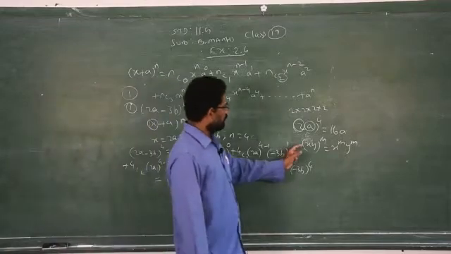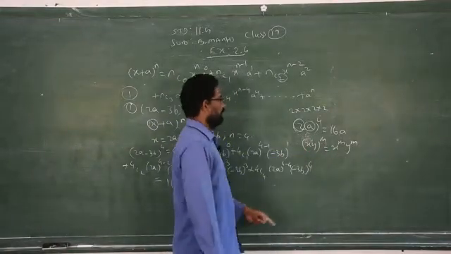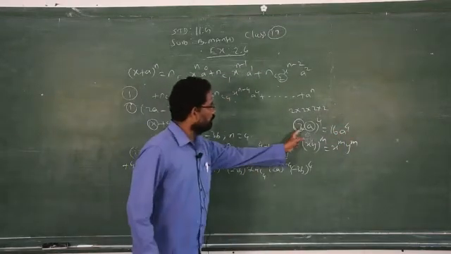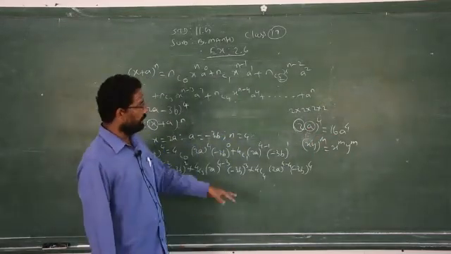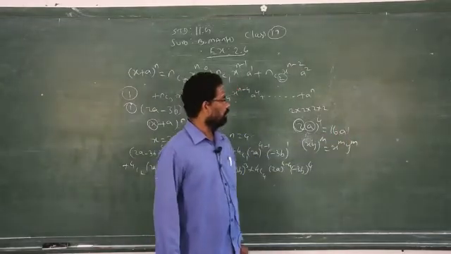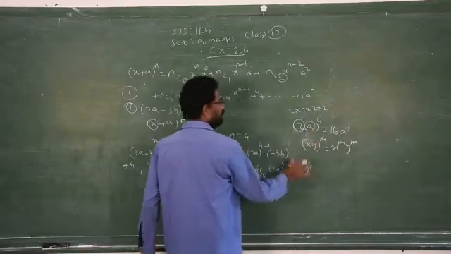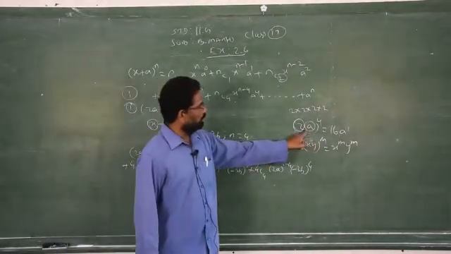Clear? So (xy) power m is x power m into y power m. Based on this property, you have to write 2 power 4, that is 16, a power 4. So be careful. Most of the boys forgot to write power 4, so they get the wrong answer. Be careful when expanding 2a. 2 is one factor, a is another factor. Both come under multiplication.